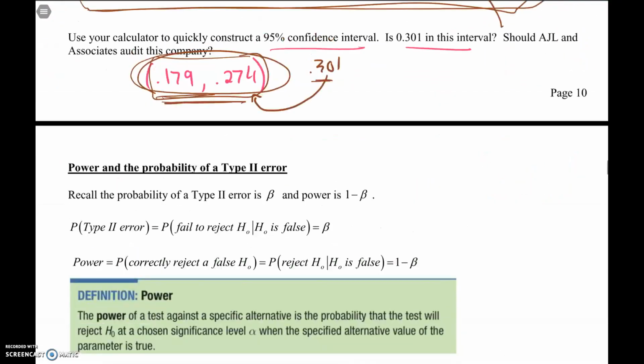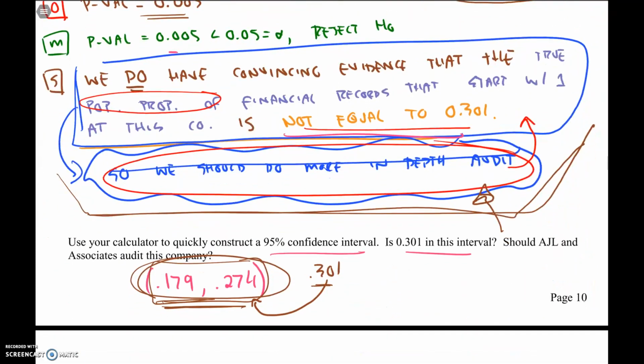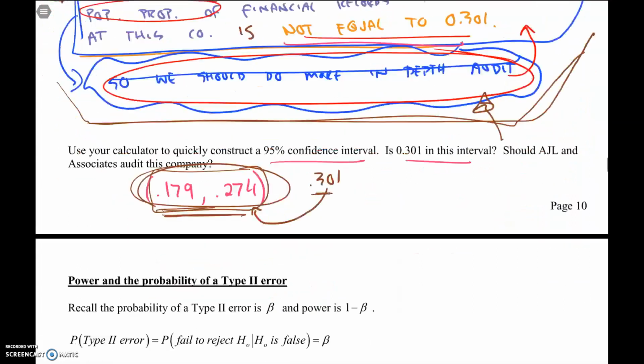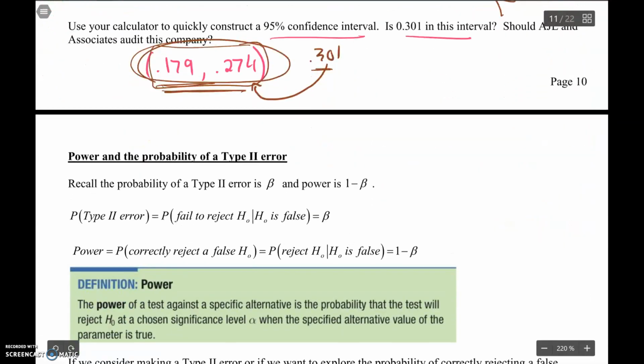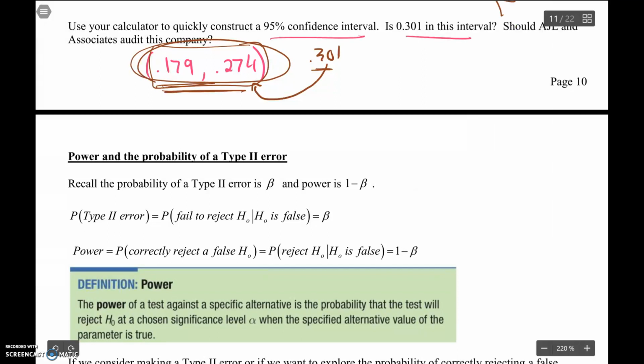All right. So we run hypothesis tests, we draw conclusions, but there's also always a possibility that we could make a mistake. So what kind of mistakes could we possibly make? Let's just think about this example that we just worked here, that the null hypothesis was that the true proportion of financial records that start with a 1 is 30% against the alternate, that it's not 30%,